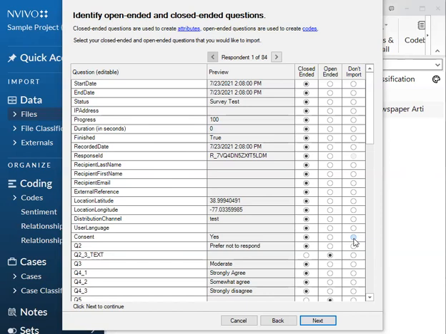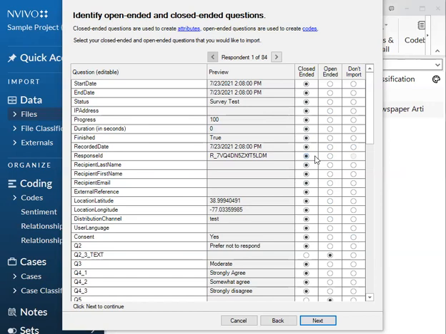So keep in mind that you have to go through and make sure you agree with what NVivo guessed based on the data that each question type would be. You have the ability to change it if it guessed wrong.